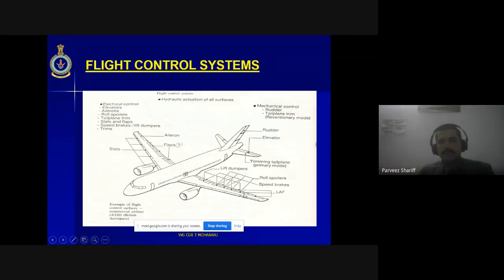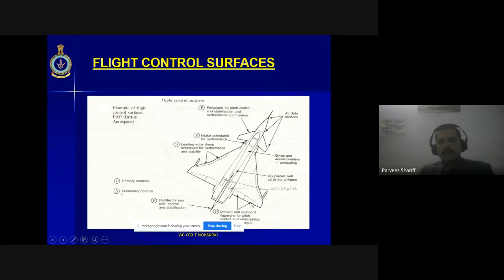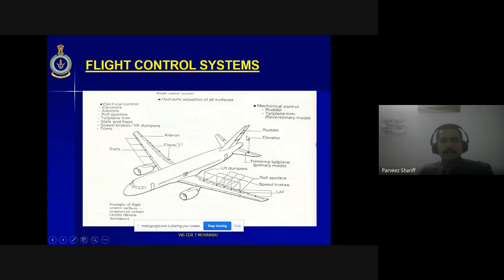And now these backside structures are the flaperons and stabilizers. So this is flap plus aileron, and this is elevator. So it's all together. It will control, and here these are the leading edge. This is for the performance. Okay. So whatever is written here as S, these are the secondary surfaces, and these are the primary surfaces. So rudder for yawing. So we have the rudder here. Again here the canard is the primary surface.